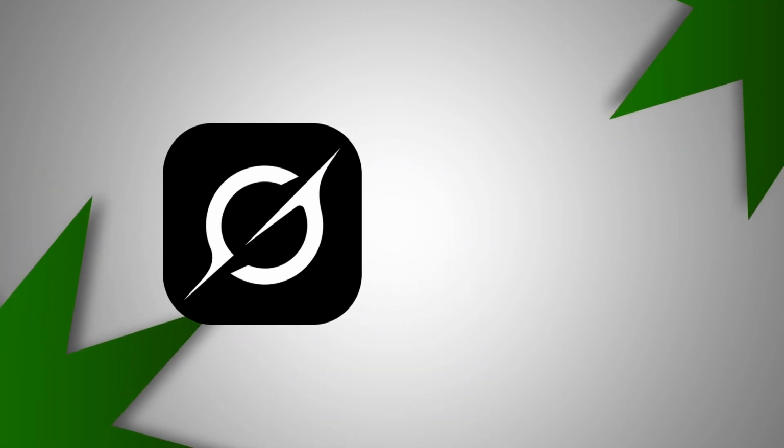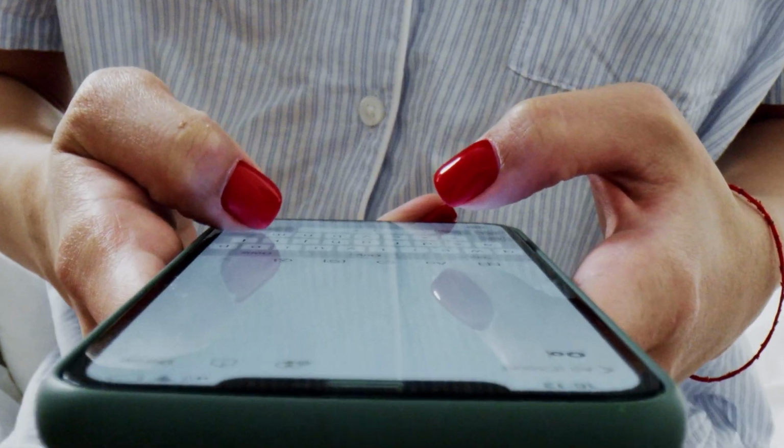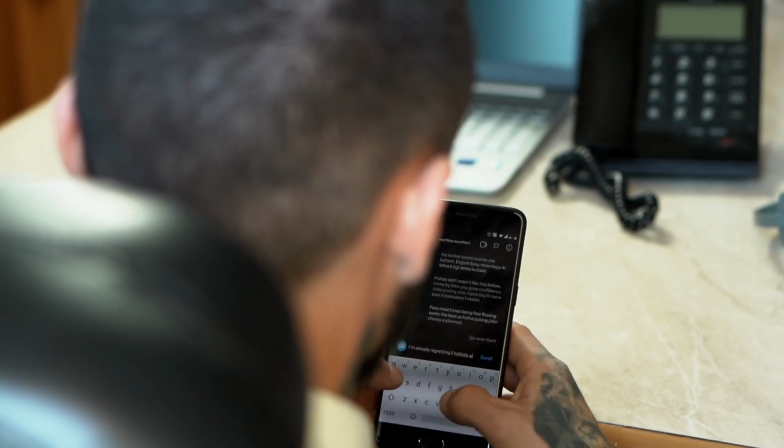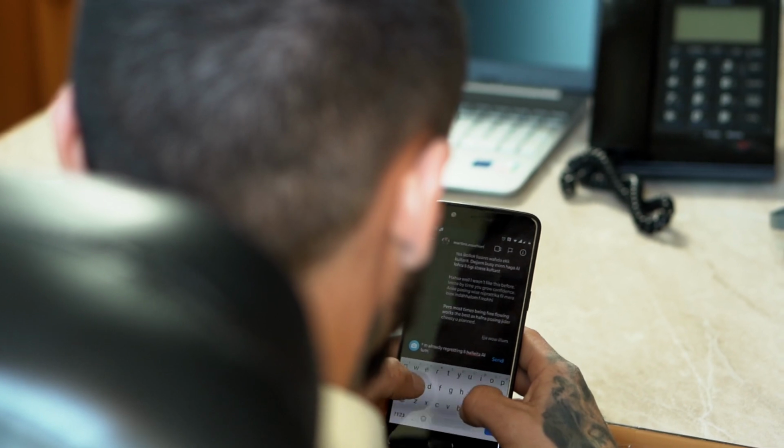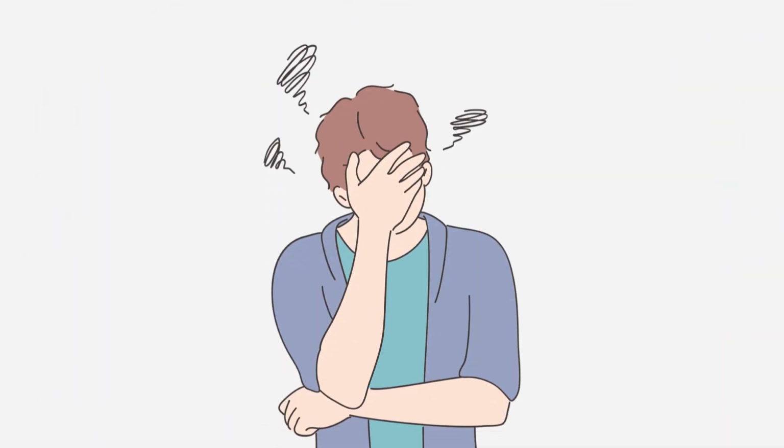Grok just got a serious upgrade, and most people are still using it like a basic chatbot. They type a question, they get an answer, they move on. And then they wonder why everyone's hyping this thing. Here's the problem. Grok has 6 specific features that completely change what this tool can do, and almost nobody is